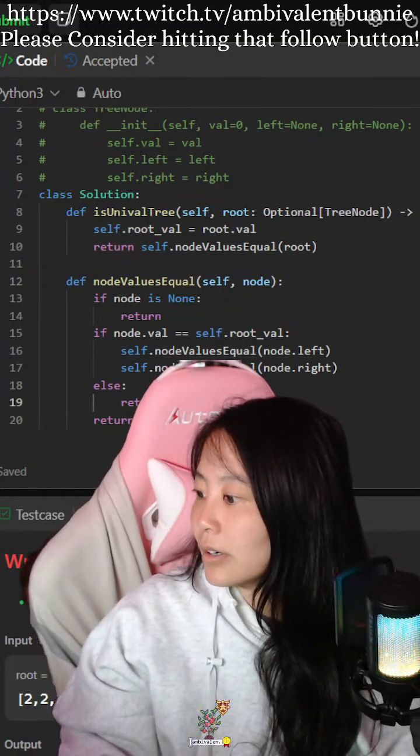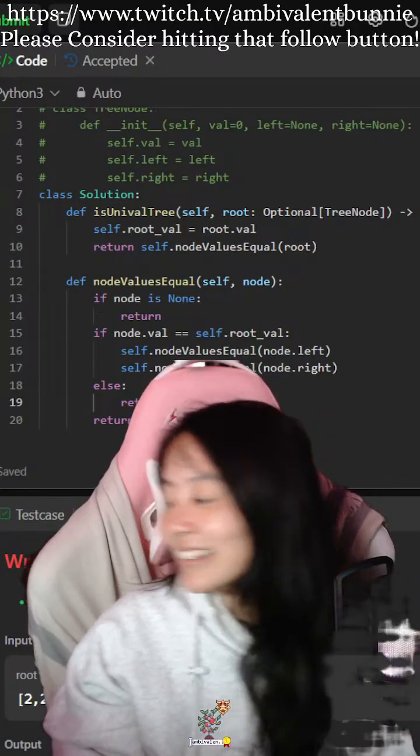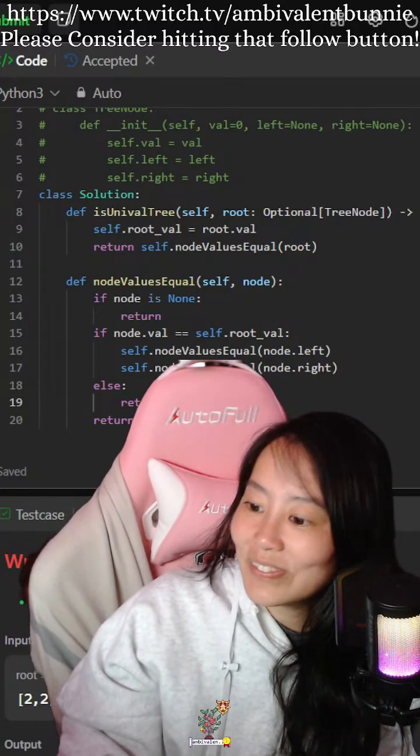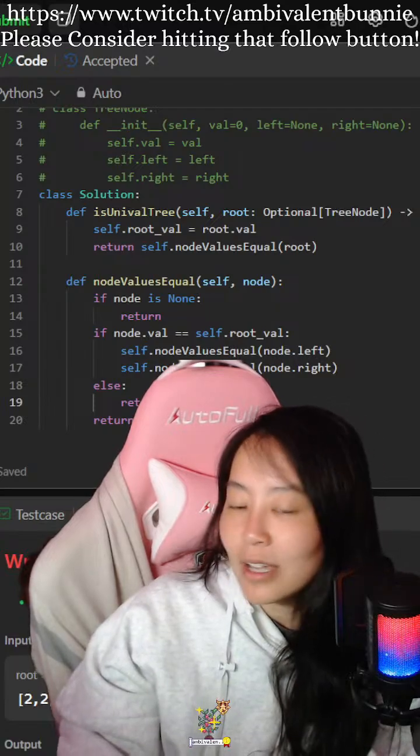Okay, thanks, Turing. Also, yeah, if the node is none, what does that mean? So basically, if